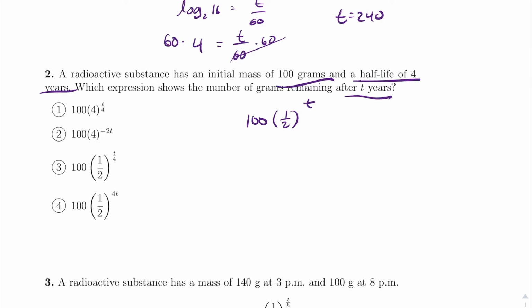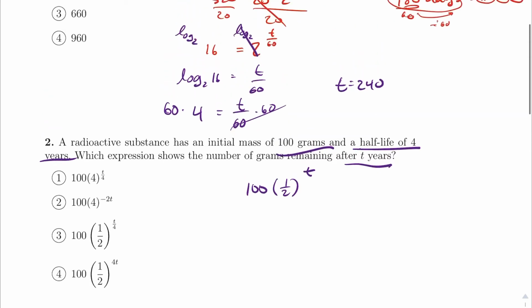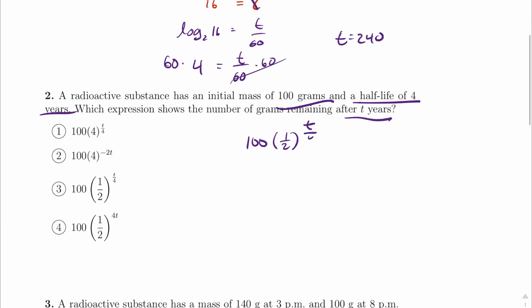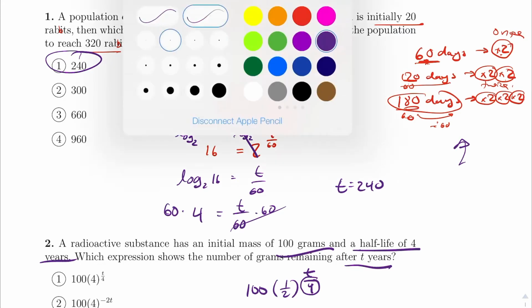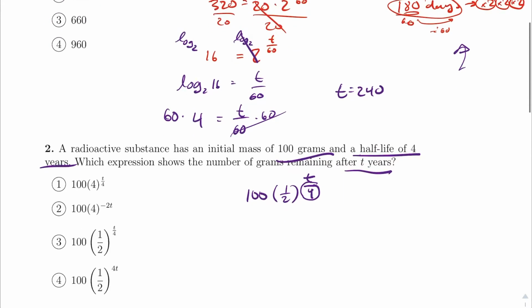So what we do is we raise this to the power of t, and because it halves every 4 years, we do t over 4. And that's analogous to the t over 60 here, because it was doubling every 60 days. This is halving every 4 years. And to do the reverse of what we did here, maybe an alternate explanation, if we were to plug in 4 here for t,